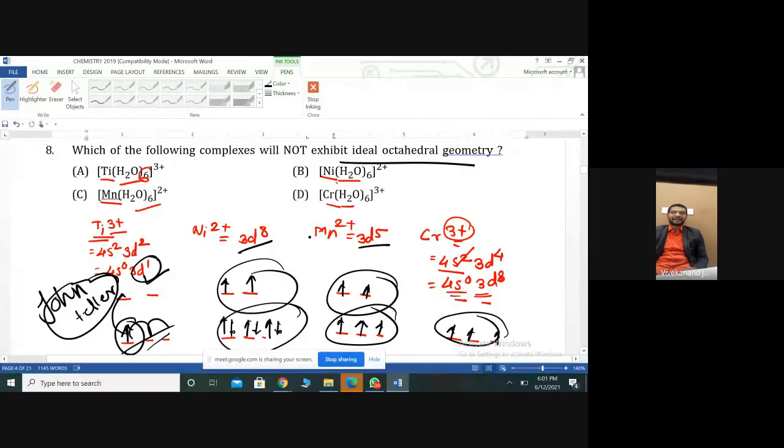The question, according to Jahn-Teller distortion, was very simple: you have to look at the electronic distribution. If we have a perfect electronic distribution, all electrons equally shared, a symmetrical field, then there will be no distortion in your geometry. But if you have unsymmetrical filling of electrons, there will be a change in your geometry, and that's called your Jahn-Teller distortion. Is it clear? Yes, sir.